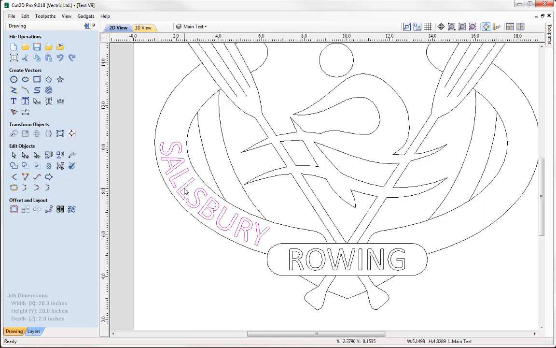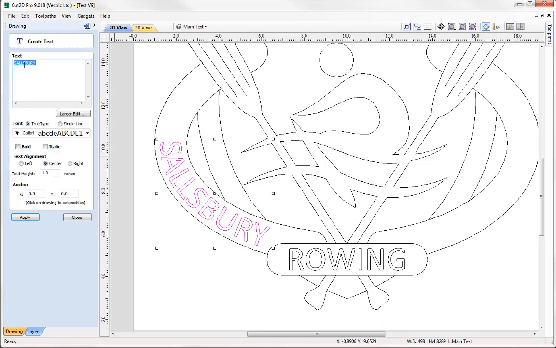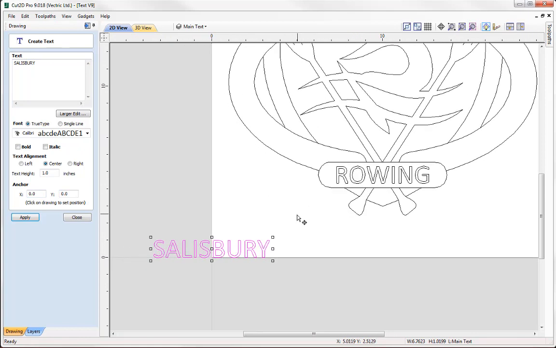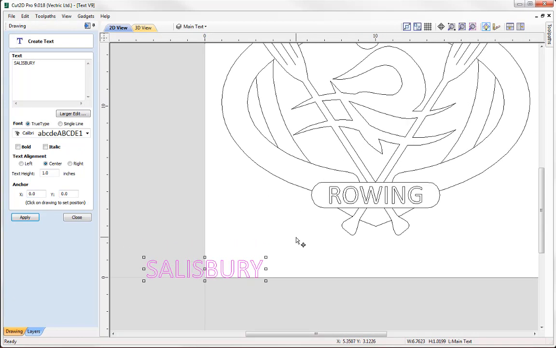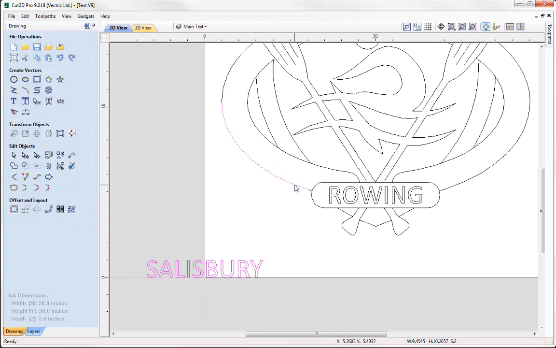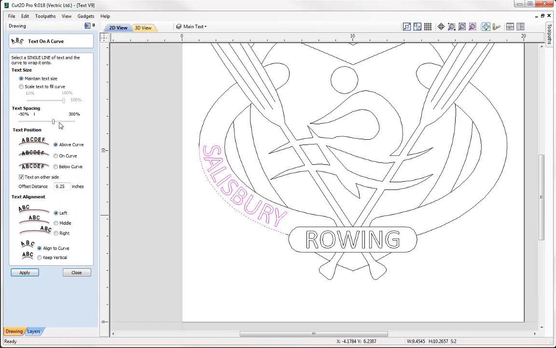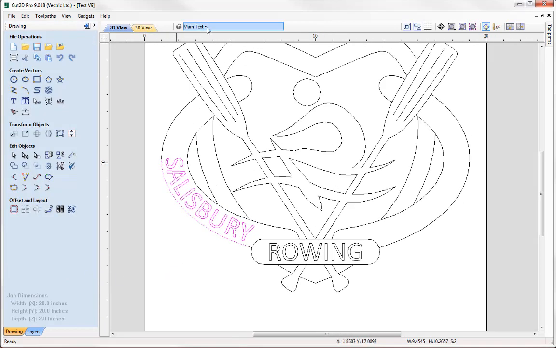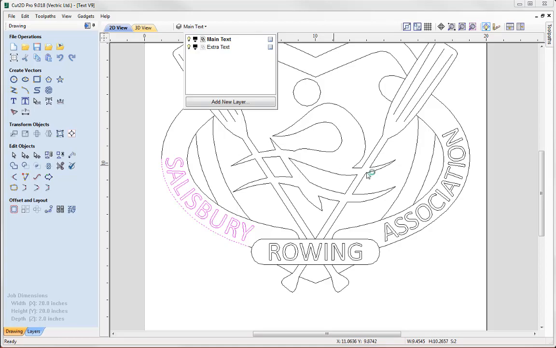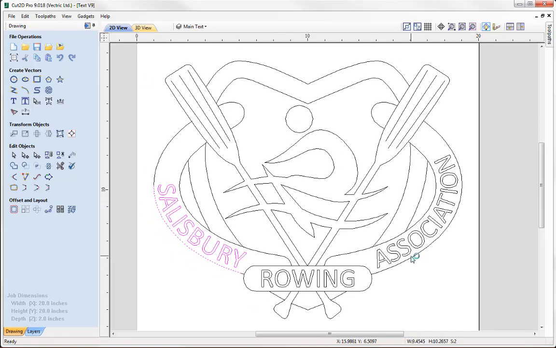So I'm going to go back in now and edit that text. So I'm going to come in and change that L to an I and apply, and of course I've gone and lost all the edits that I've done, including the wrapping onto the curve. So I've got to close that back out now, shift and pick up the curve again, come back and do the wrapping onto it and change the spacing, and now close that out. So I also have the text for the other side, which is the association,